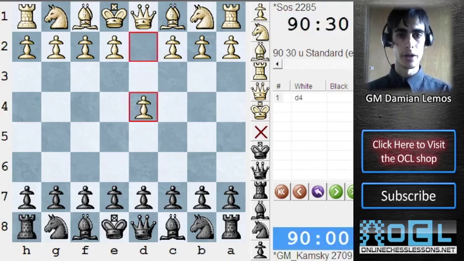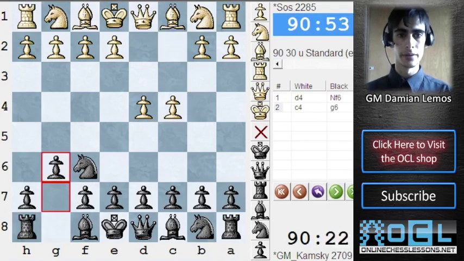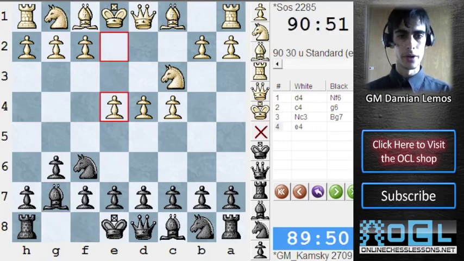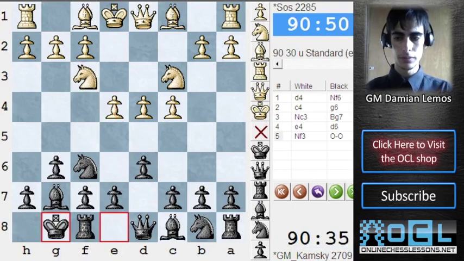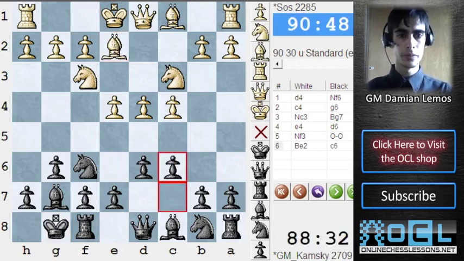White opens the game with d4, and we'll see a King's Indian. I like this defense when you want to play for a win. So e4, we have to play d6 in order to stop e5. Black castles, and here White is playing the main line with bishop to e2, and Kamsky plays c6, and this is